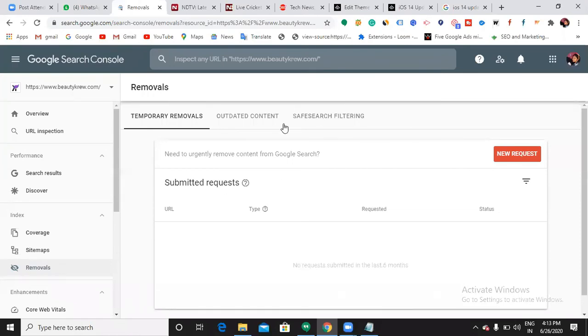So at that time, if you want to remove it, you can request Google to remove your URL. If you directly remove that URL from your dashboard, what happens? Nothing happens. Why? Because that URL has already been indexed. It is situated in the indexing box of Google. So now if you remove it from your website also, there is no use. That is the reason we need to make Google remove it. That is why I request Google.